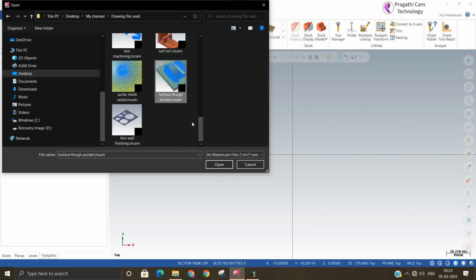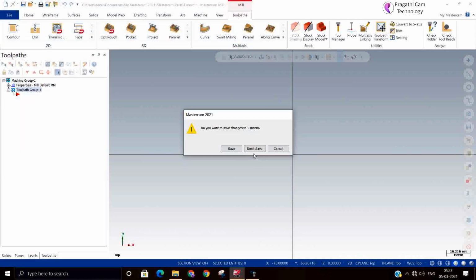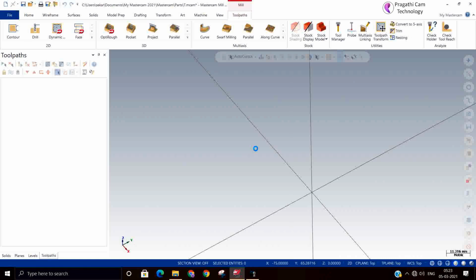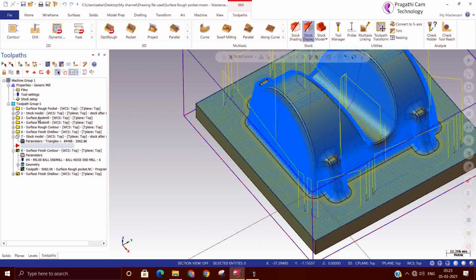I will take the old model, do a save as, and delete all the other toolpaths which we have done already. So I'll go to File, Save As, and save it in the same place.